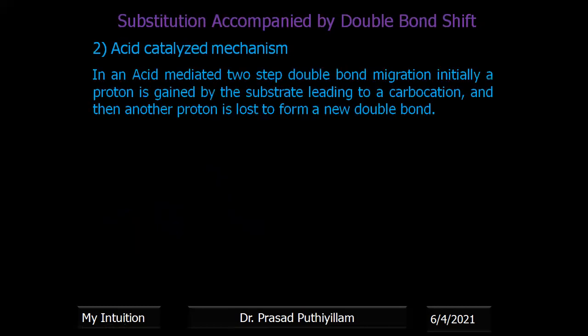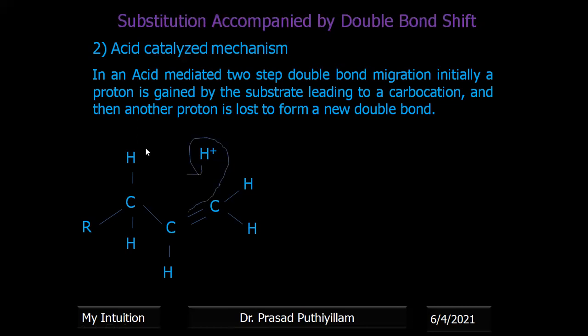Now the acid catalyzed mechanism. In an acid catalyzed mechanism, the same substrate I will take with a double bond. Okay, so this is the structure. In the acid catalyzed mechanism, the H plus is a representation of an acid, a proton that is given by an acid. An acid gives a proton. The pi electron density takes the proton, and the electrons are taken through this terminal carbon atom, or the carbon containing more hydrogen atoms.